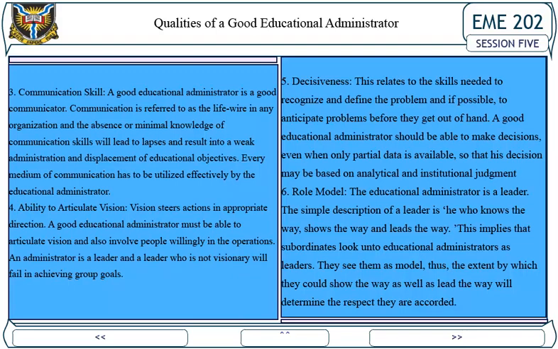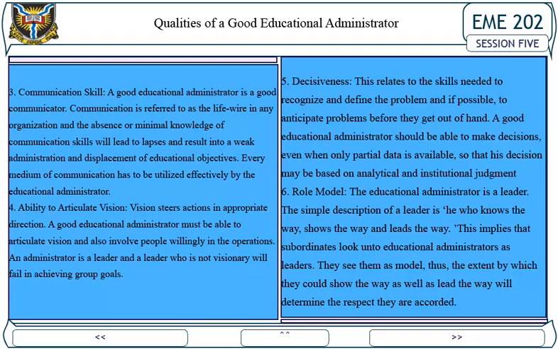2. Emotional stability. This denotes good adjustment to life. That is, calm, cool, and calculated reaction to undesirable situations and obstacles, and normal acceptance of success as well as failure. A good educational administrator must be able to look at and assess a problem with detachment and objectivity. This will guide him against wrong decisions.